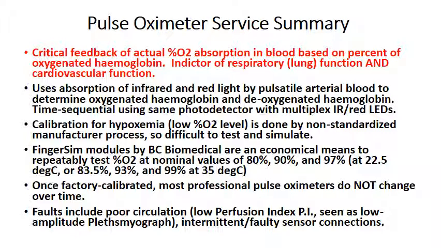The type of problems we have and faults are poor circulation, most commonly, and intermittent or faulty sensor connections, if you have a main unit with a pulse oximeter probe. Summary: pulse oximeter is a critical feedback of the